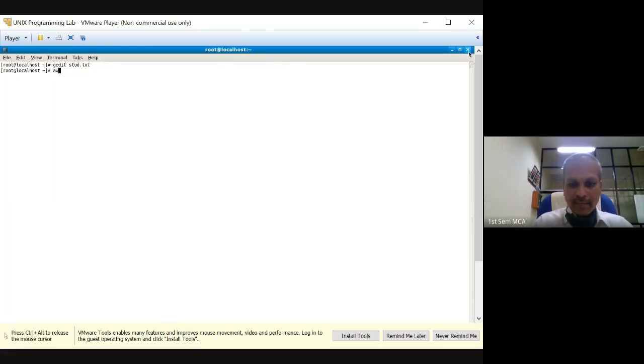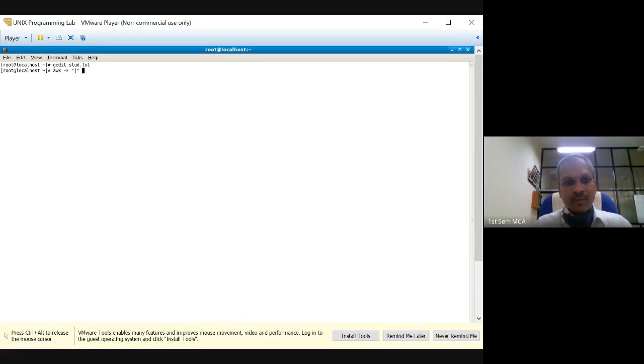So now awk -F. In the previous class, we used a space, but today we have created a new delimiter, which is a pipe for us. I've used that pipe as the delimiter.